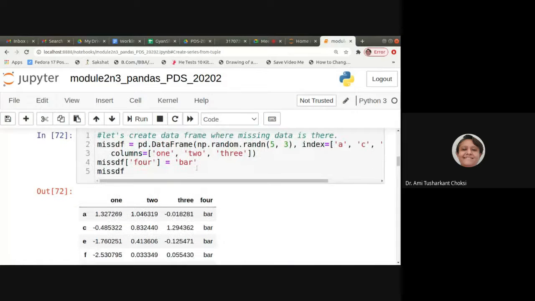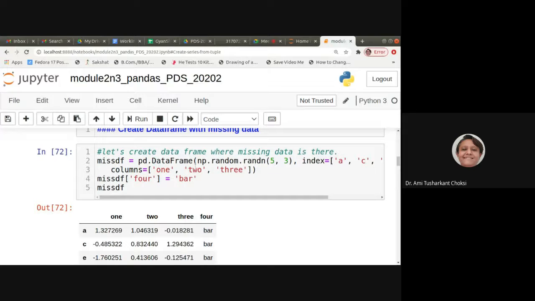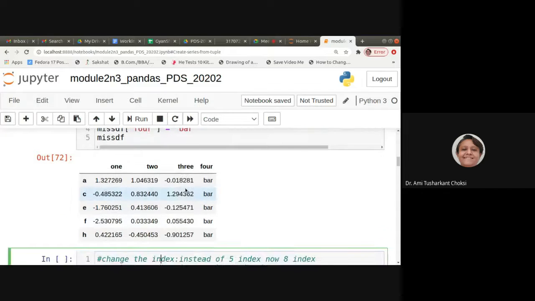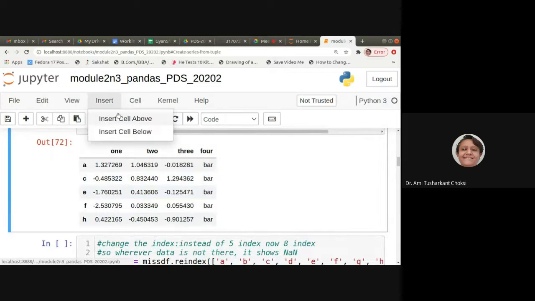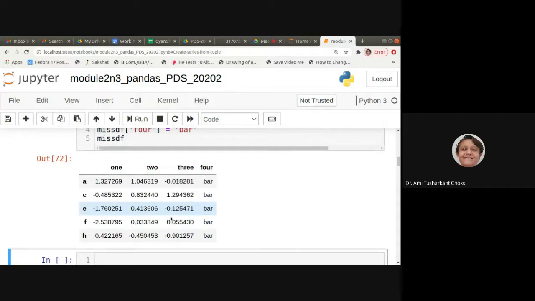I can create the missing data by giving the value as np.nan for anything. Let's say missdf of 4, here I have set it as bar, but now I am giving it as np.nan.